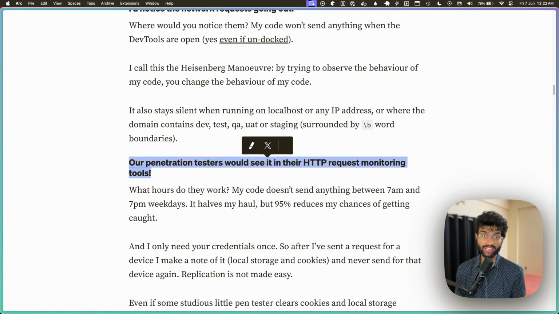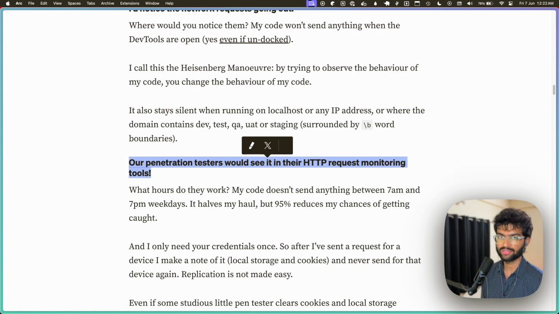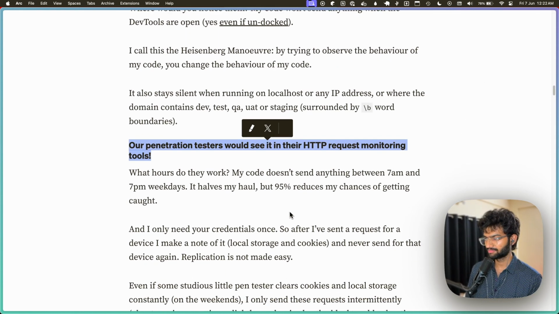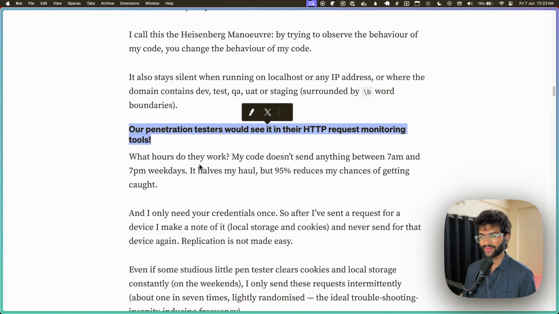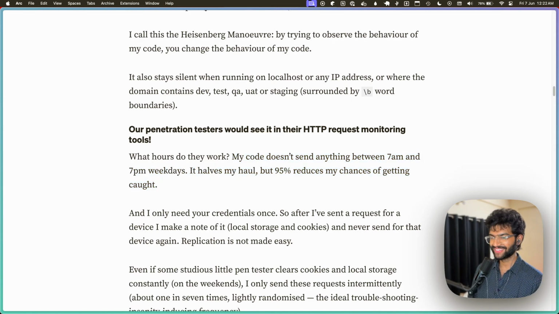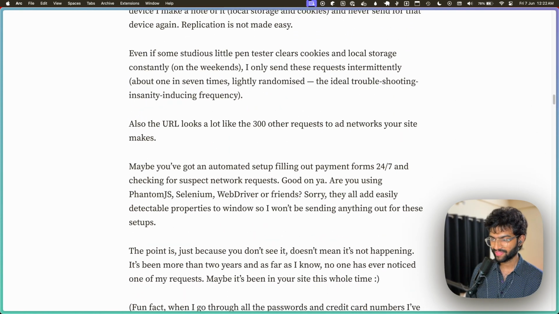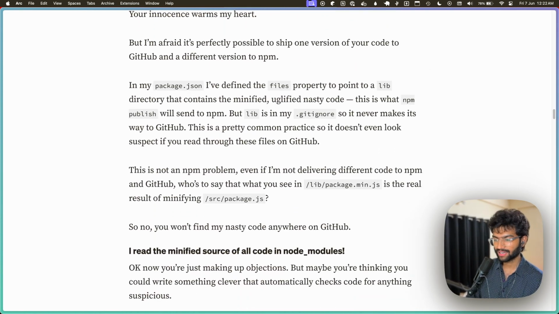I mean, you're lucky if you have a penetration tester, but what if you're a solo indie hacker? In that case, this argument doesn't stand for you. But then for those people who work at large companies, sure. But then this guy's code does not ship anything to his server during weekdays. So, I'm really amazed at this guy's genius. So, yeah, great. What about other arguments that